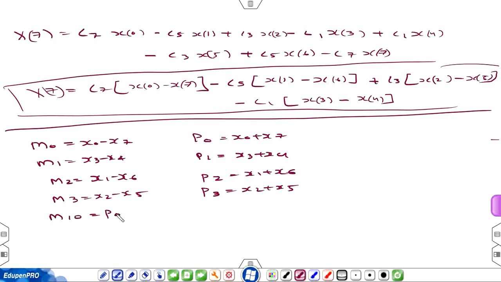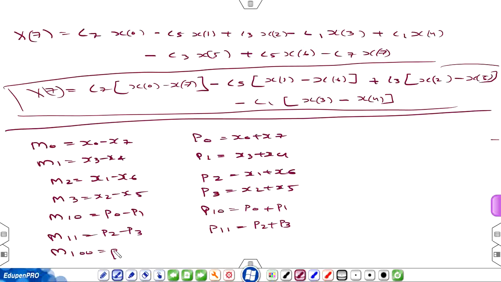m10 is equal to p0 minus p1, m11 equal to p2 minus p3, p10 is equal to p0 plus p1, p11 is equal to p2 plus p3, m100 is equal to p10 minus p11, and p100 is equal to p10 plus p11. Okay,